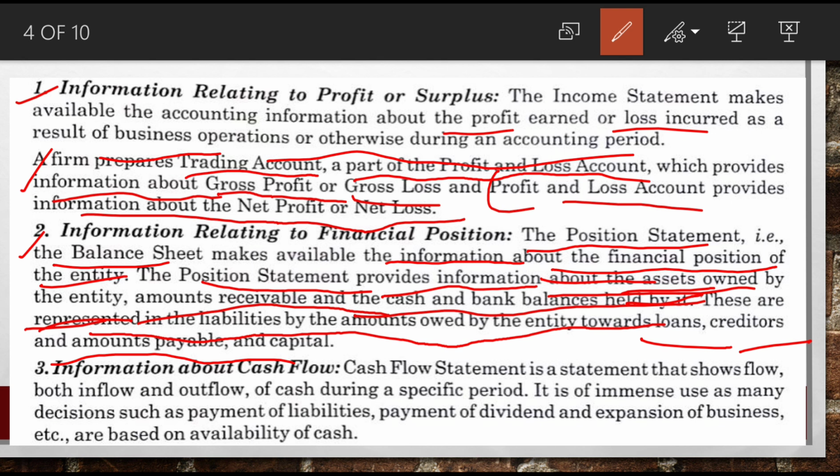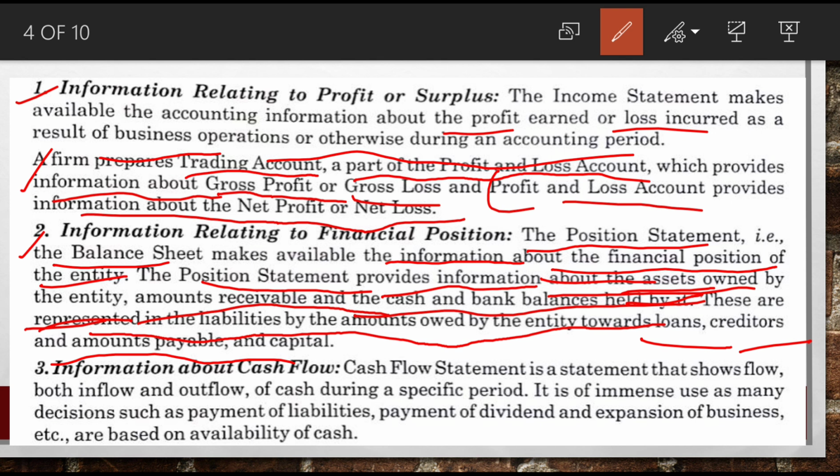In the same way, creditors are there. I discussed creditors in one video, but I will also explain that one. What is a creditor? Suppose you purchased goods, raw material, definitely from whom? Suppliers. If you are purchasing goods not on a cash basis but on a credit basis, then that supplier we can call your creditor, because you are liable to that person. So a creditor is also a liability.